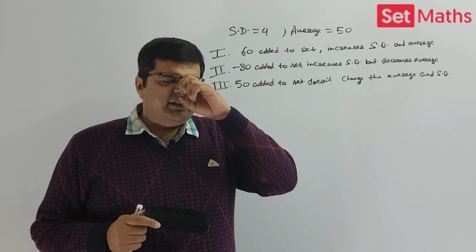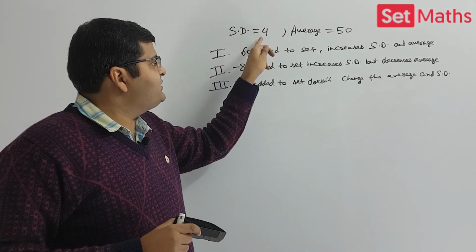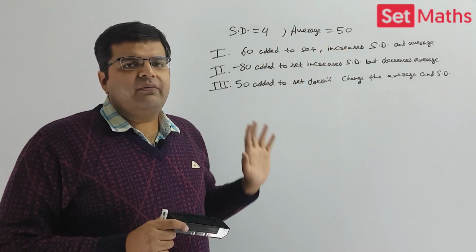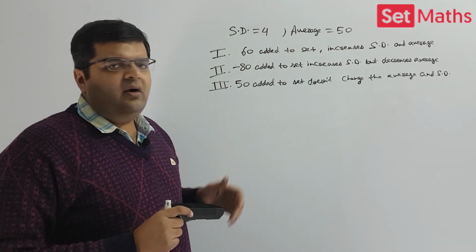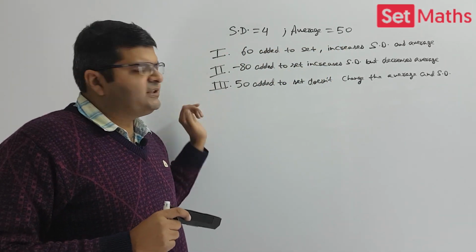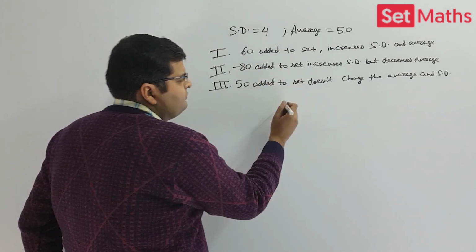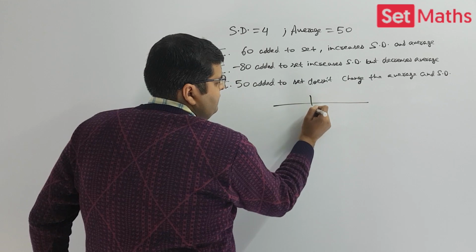Okay, so this question says that a set has a standard deviation (SD) of 4 and an average of 50. Based on this information, which of these statements are correct? So first of all, if standard deviation is 4 and average is 50, what I'm going to do is